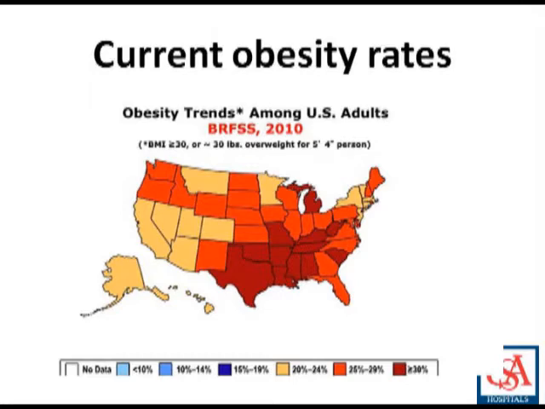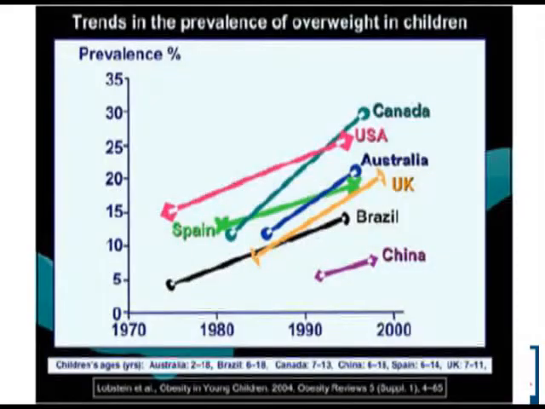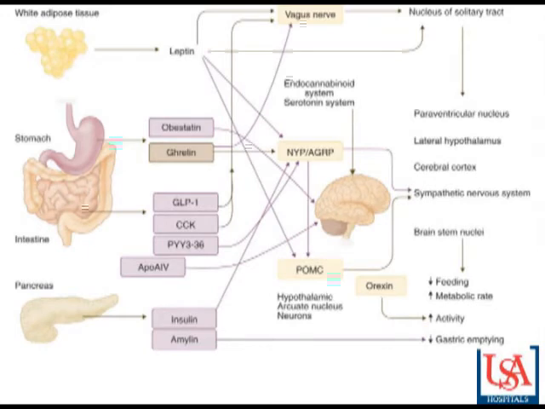So, generally speaking, the United States has an obesity problem. It is, however, a worldwide problem. This shows the prevalence of overweight in children over time from the 1970s to about 2000. And you can see every country in the world is increasing. Some countries are increasing at faster rates, and some countries are overtaking us. Okay? Now, after you've memorized this,